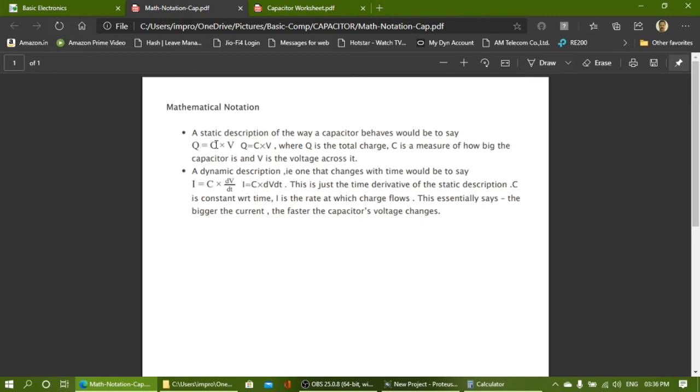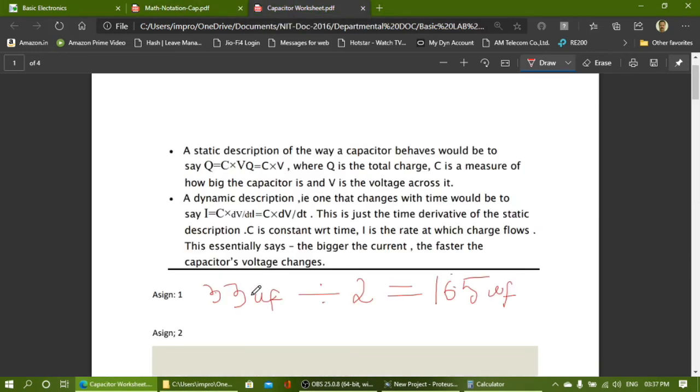If you use C in farad and V in volts, then you will get the charge in coulombs. If you use the capacitance value in microfarad, then your charge will come in microcoulomb. If your capacitance value is in picofarad, then picocoulomb, and so on. So here